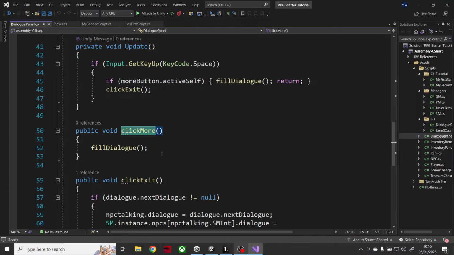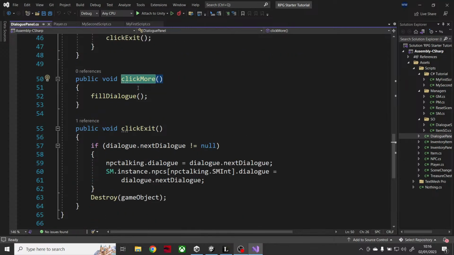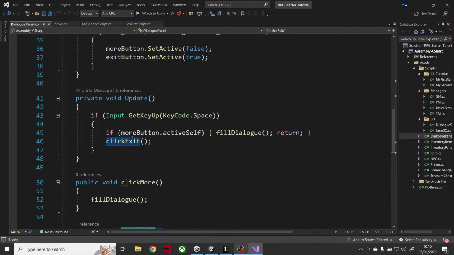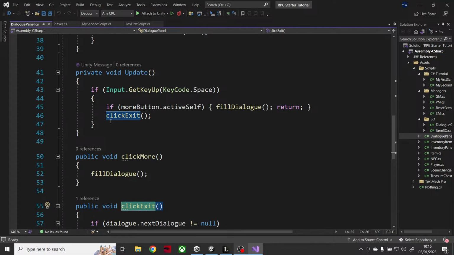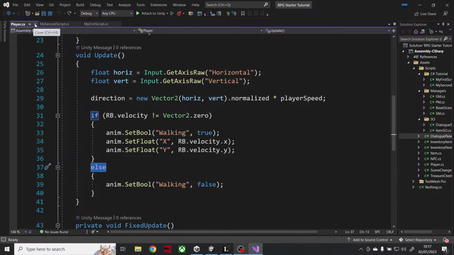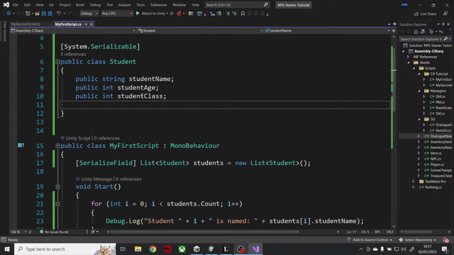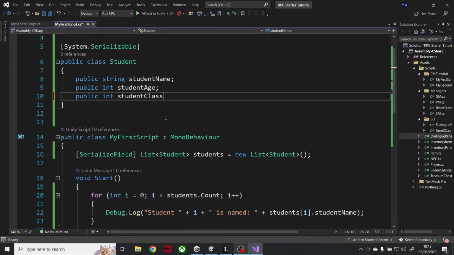And click more is only run from inside of Unity. Click exit is also run from inside of Unity. But we can see here, click exit is also being run in update if I press space. Anyhow, though there are tutorials for all of these scripts that I was just showing you, the dialog panel, the player script, there are tutorials for those where you can go and watch them. I just need to wrap up